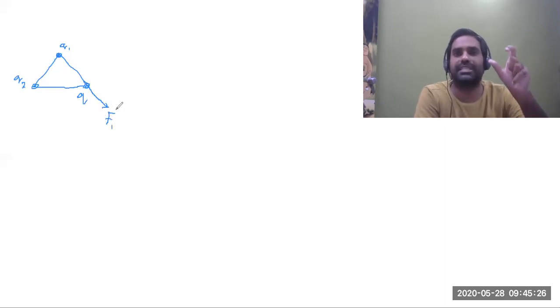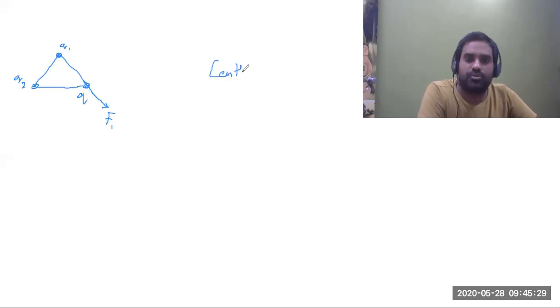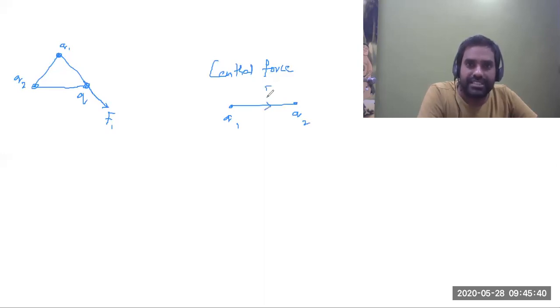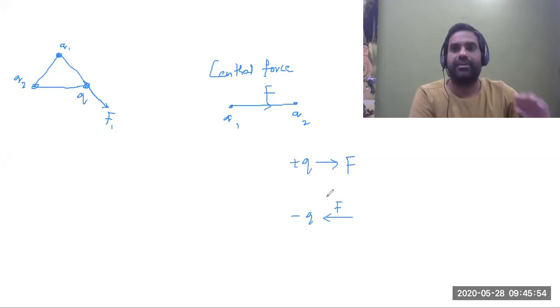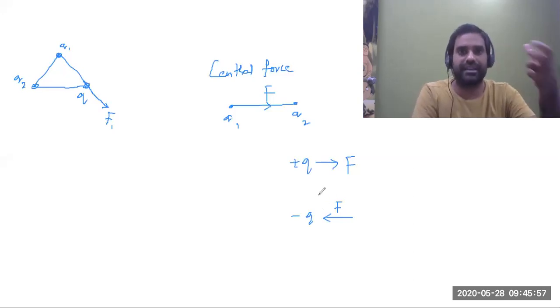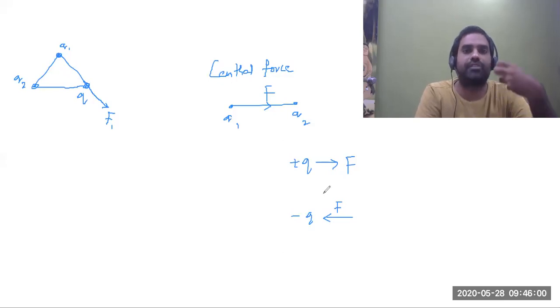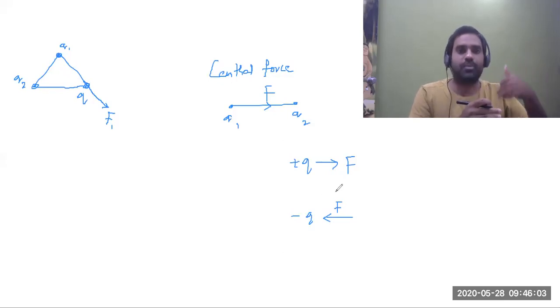Because students, Coulomb's force is a central force. What is Coulomb's force? It is a central force. Central force means it always acts along the line joining the charges. Suppose Q1 and Q2 are the charges, the force always acts along the line joining the charges. For plus Q, the direction of the force is always away from it, and for minus Q, the direction of the force is always towards it. Based on that only, we will generalize repulsive force and attractive force. For a negative charge, we always give the direction of force into it. For a positive charge, we always give the direction of the force away from it.